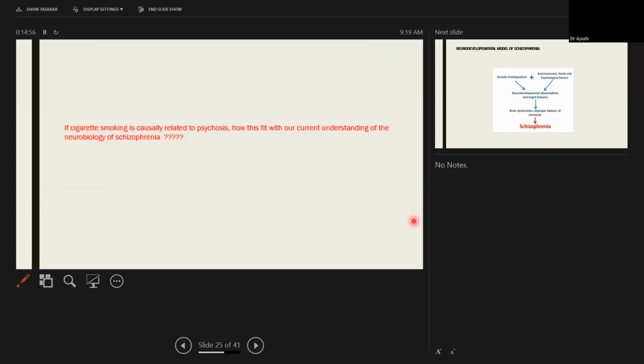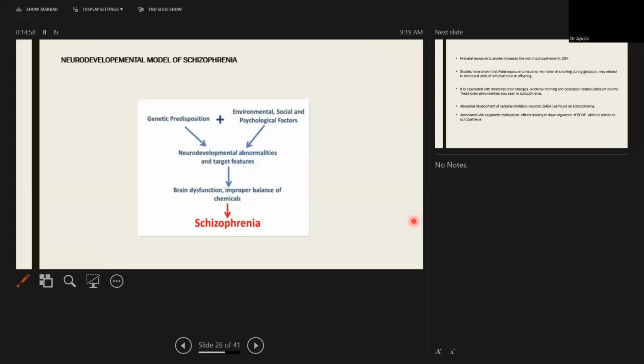Now, if cigarette smoking is causally related to psychosis, how does this fit into our current understanding of the neurobiology of schizophrenia? The neurodevelopmental model of schizophrenia says that a genetic predisposition along with environmental, social and psychological factors will lead to neurodevelopmental abnormalities that will lead to brain dysfunction, improper balance of chemicals, and ultimately